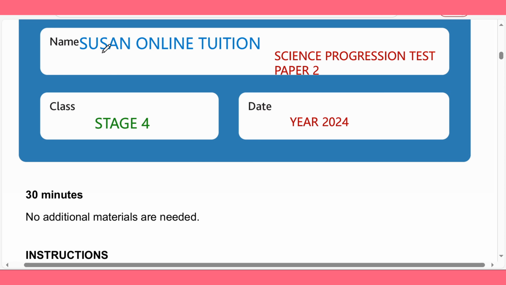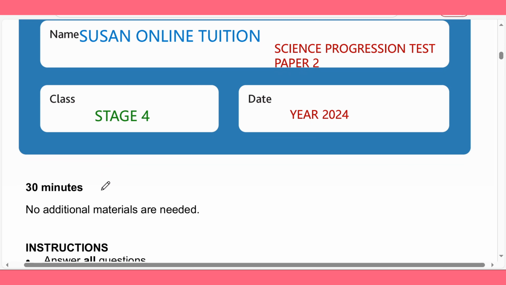Hi guys, today we're going to discuss Science Progression Test Paper 2 from year 2024. It's for stage 4 or grade 4 or class 4 or year 4 with me, Susan Hira from Susan Online Tuition. The total duration for this paper is 30 minutes,